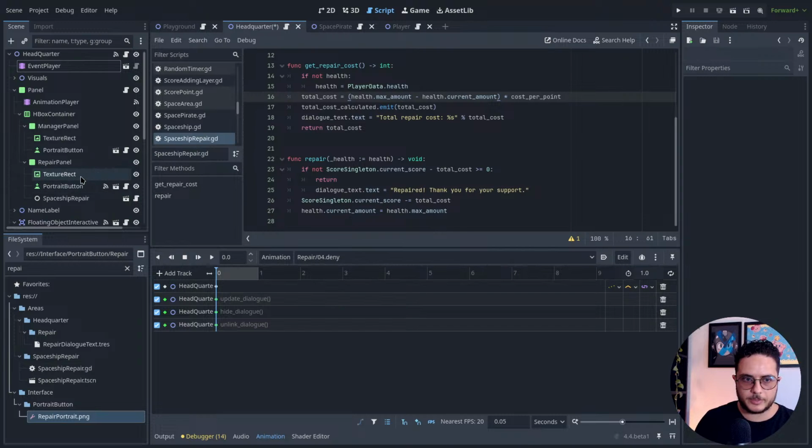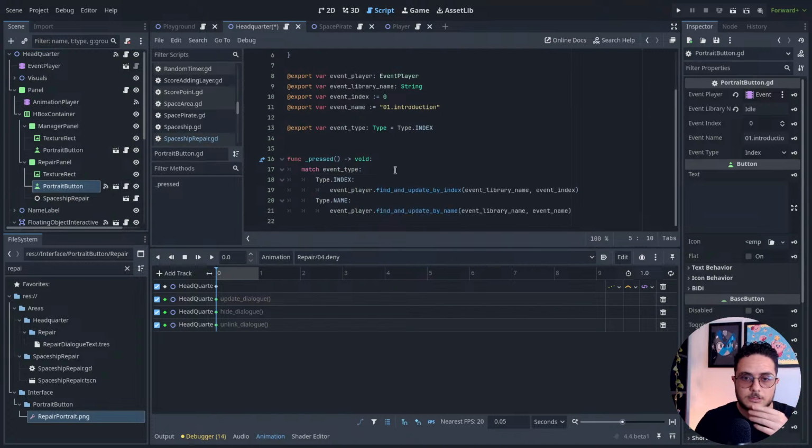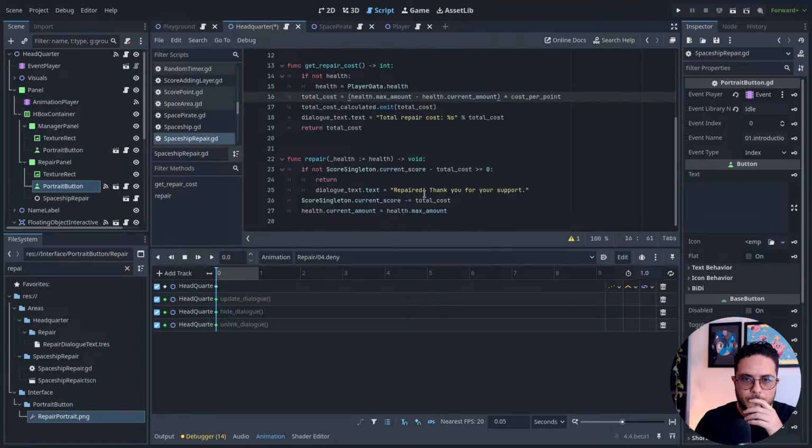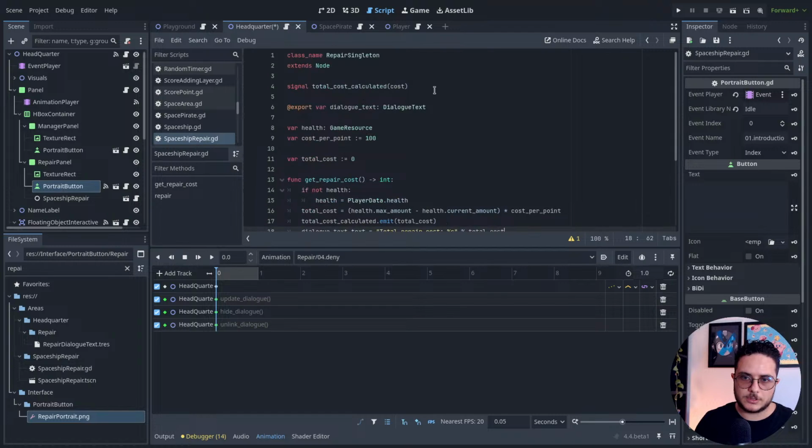And this will only be triggered... I think that I will start listening to players' input on this one, and if they press like ask, it will move to